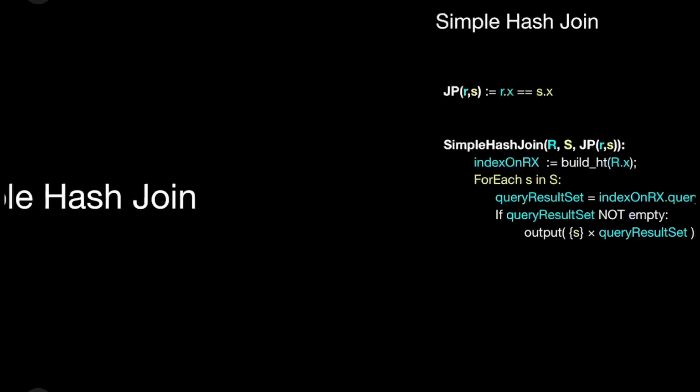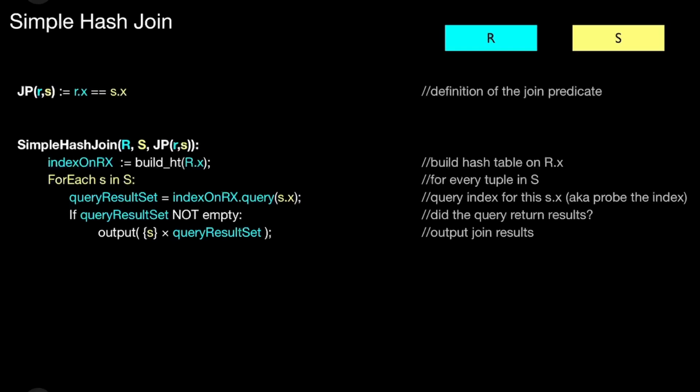And that's different here. In a simple hash join, you can use any index, but typically use a hash table. The idea is, okay, you want to run this join algorithm. You don't have an index, and then you create an index on the fly. And the index will be a hash table. So the first thing you do is you create a hash table. And programmatically,